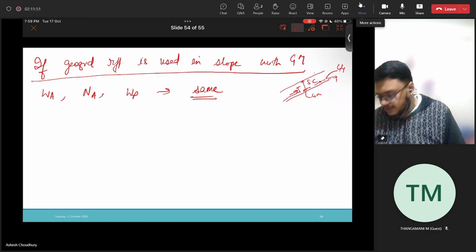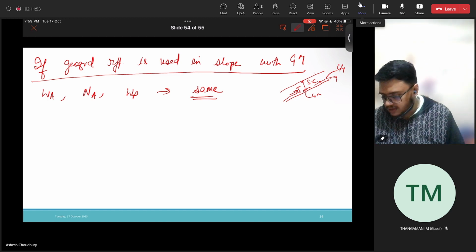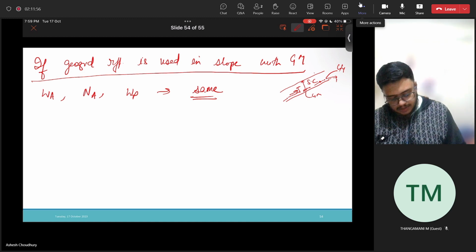This EA term, that is the earth pressure, actually gets affected, and that's why these A, B, C terms get changed. This A will change into